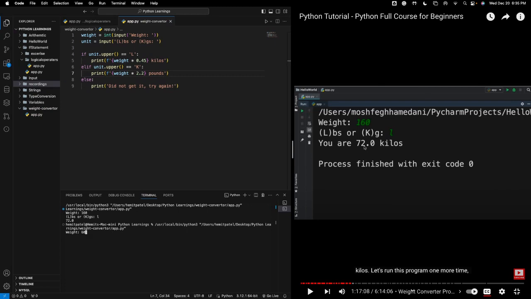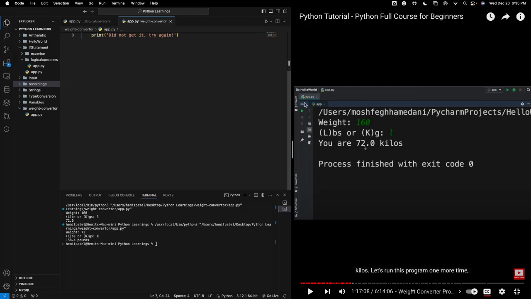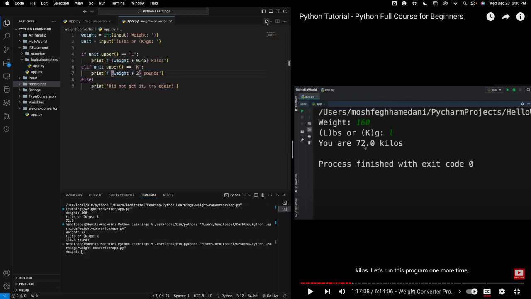So let's try this again, and this time we'll use pounds. We'll make the roles reverse. So we'll do 72, and this is going to be our kilograms. And as you can see, it gives us 158.4 pounds. And it's around 160. I can just make this times 2 if I want to, right? It's just not that accurate, but that's fine. So that way we'll get exactly,